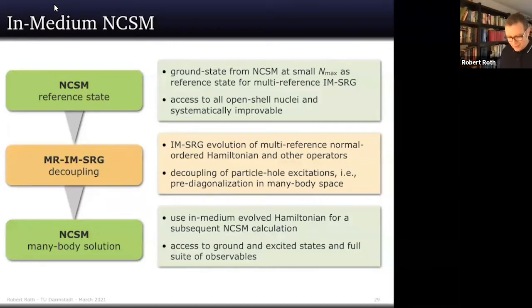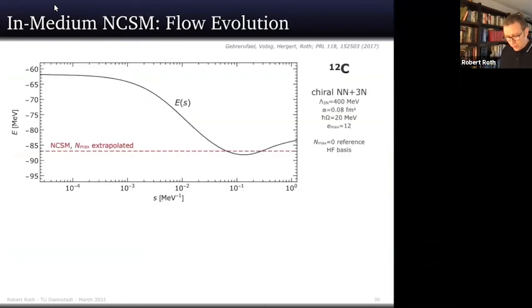So in a sense, this is the many-body calculation, and this is another pre-processing step, like the free space SRG that we did in the very beginning. But this pre-processing step now really acts in the specific A-body system, in our specific A-body Hilbert space for the nucleus of choice. So it's a very nucleus-specific optimization or pre-diagonalization, if you like. And so these two things work really well together.